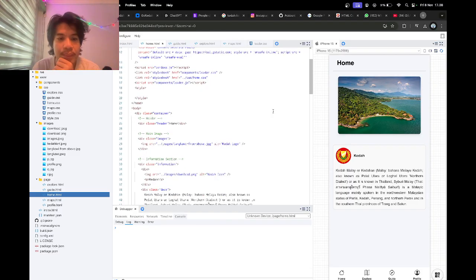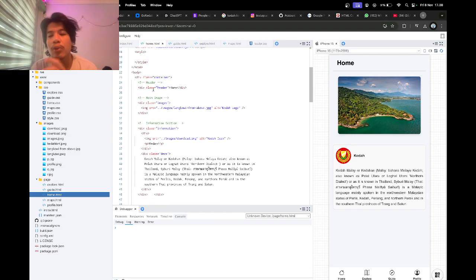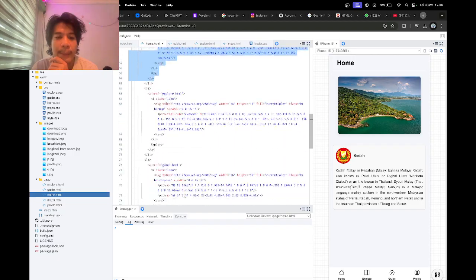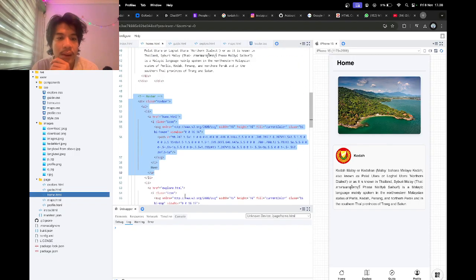Okay, in this home, I put all of the content in the container, and in the container, I put the header, picture, and also information. And also, I put the navbar in here. This one is the navbar using a list,